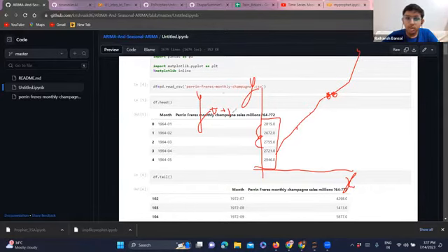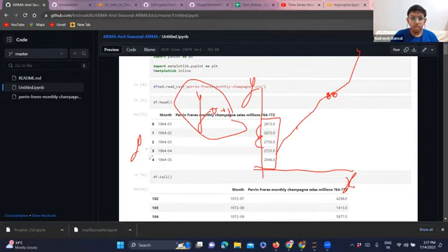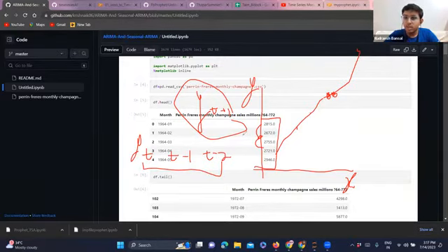So this t plus 1 record may depend on y at time t. It may depend on time t minus 1 also by some factor. It may depend on time t minus 2. So it can be a combination of all these three data points rather than being a simple independent data.